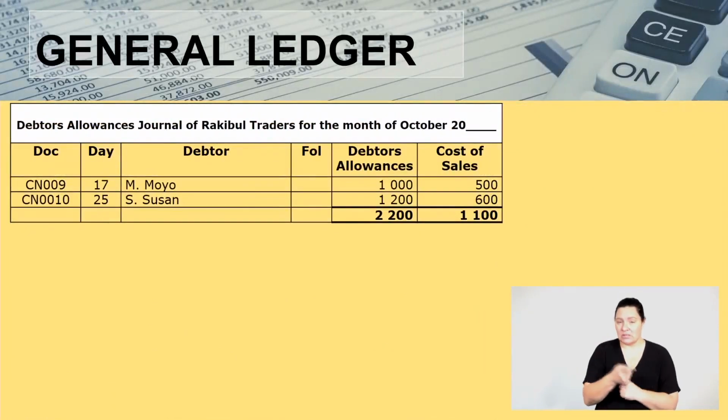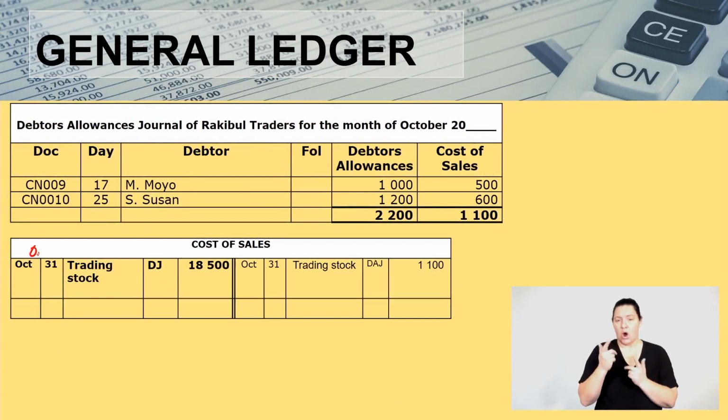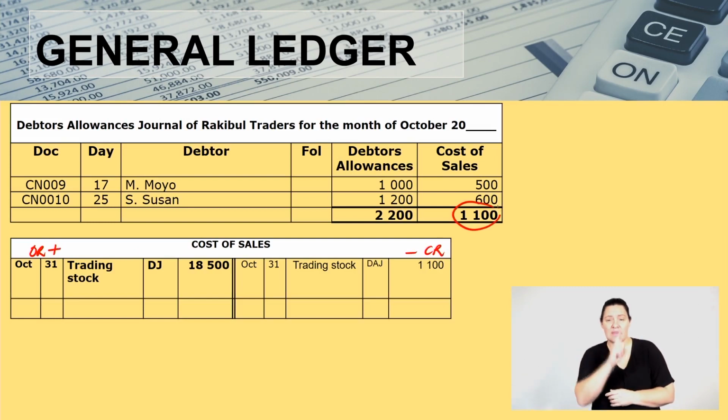With the cost of sales amount, we will now first have cost of sales. Remember, your cost of sales increases on the debit side, all right? And then it decreases on the credit side. So when we are dealing now with the 1,100, it is going now to decrease our cost of sales. Hence, you see on the credit side,